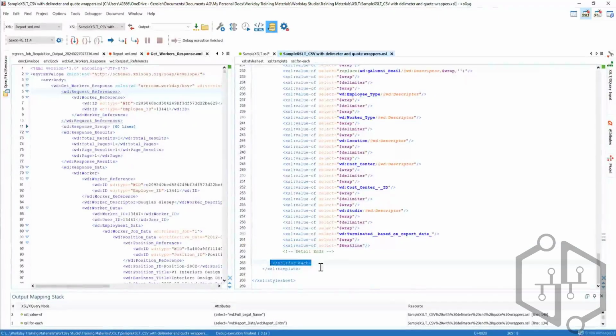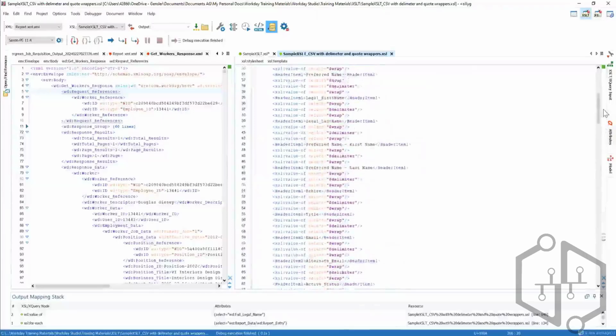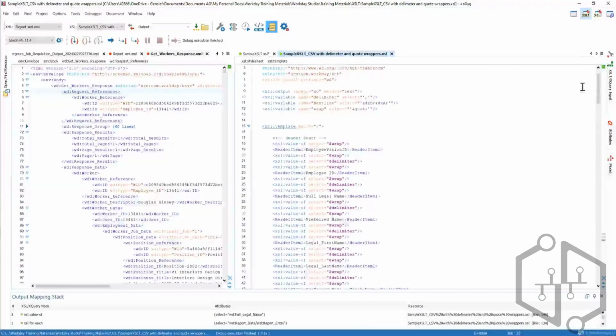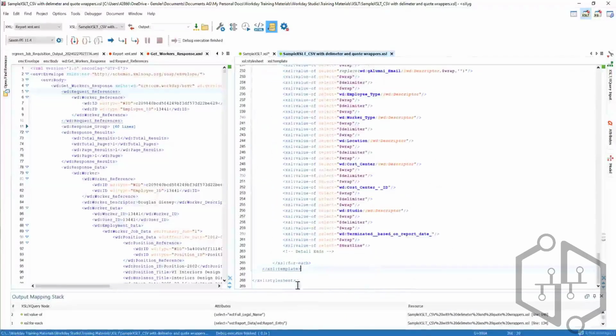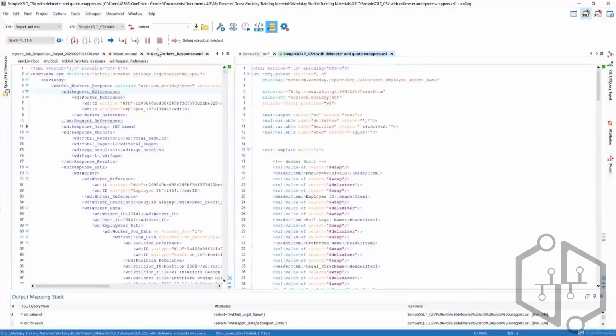Your for each ends here. Whenever you write the XSL for each, your end tag will automatically get populated. Your template ends here, which you started with template match with a slash, and then finally the style sheet ends. And when this runs,